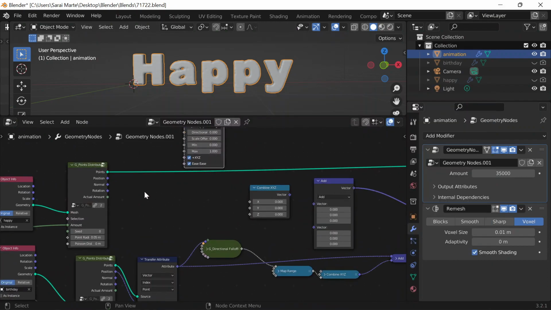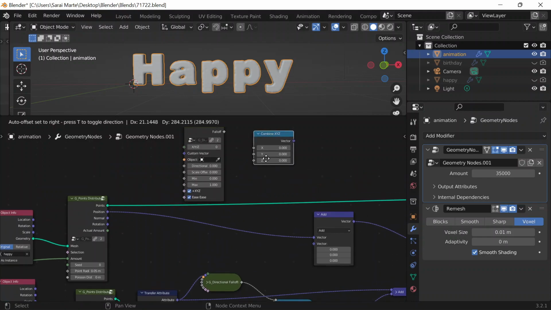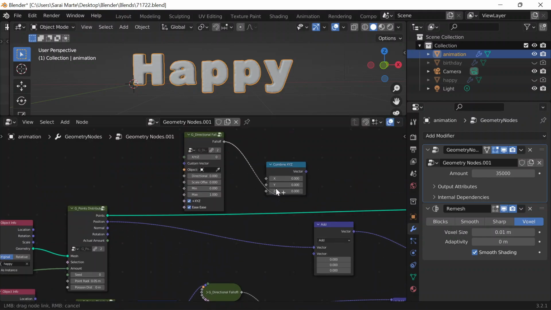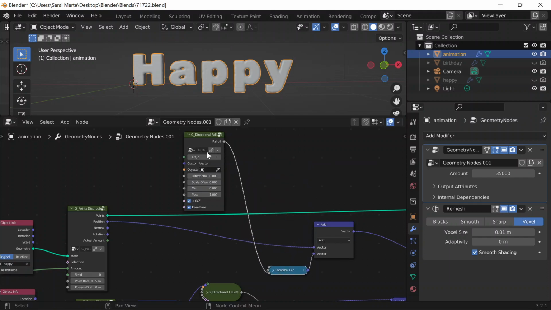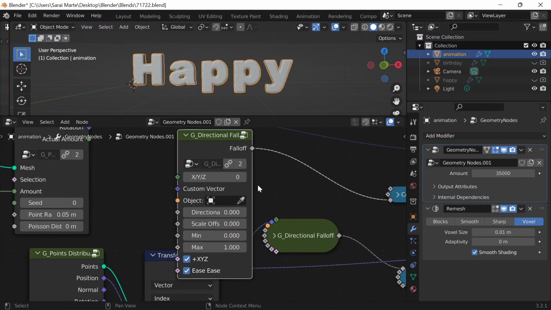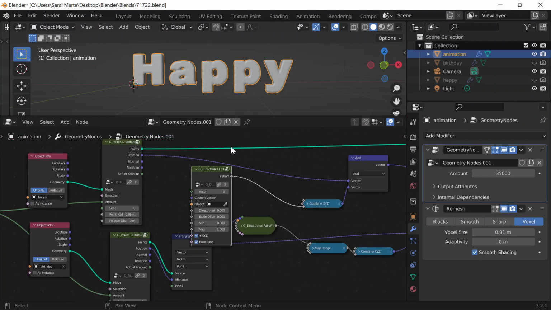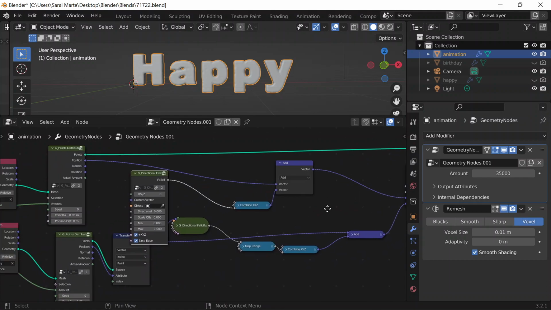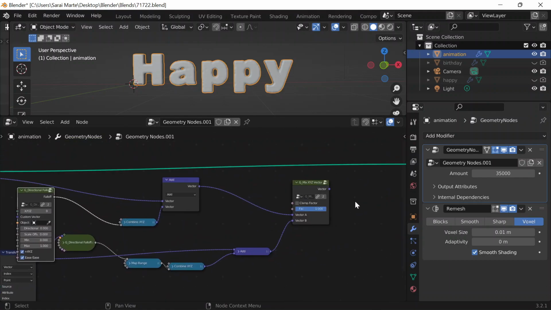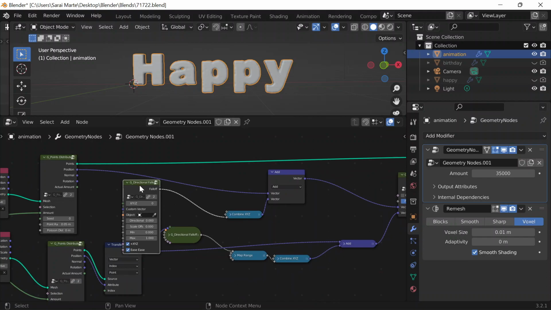Okay, so position would go into vector A, and then the fall off goes into Z, and then this would go into vector B. But here's the thing, the directional fall off needs to be controlled by a certain object, because this is what basically controls the fluid, yeah. So kind of show you, if I change this value, I won't be able to see it just yet, but